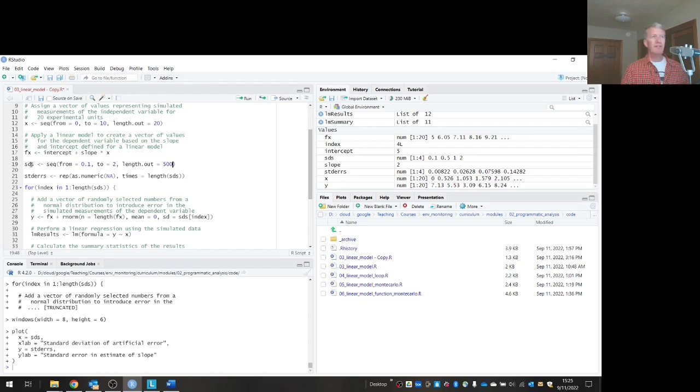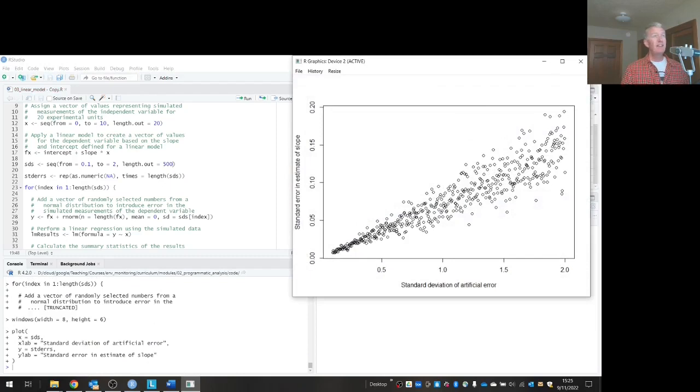Again, if the computer can do it once, it can do it 500 times, it can do it 5,000 times. That's the purpose of these loops. And I don't have to change anything else because I made this super flexible. The length of this vector controls everything else. So if I hit source, it'll take a little bit longer to run, that's 500 times, but it's still pretty fast, right? It might have taken a second. Now I have 500 different values, and you can see that scatter that I was talking about. Each one of these is just a single realization. It's going to be a little low or a little high based on the randomness that you have for each analysis, which is only 20 values